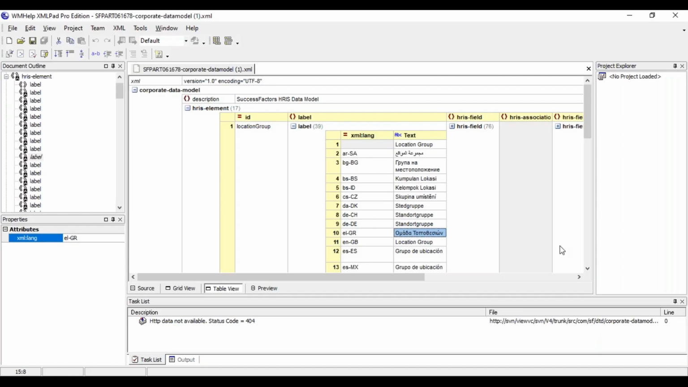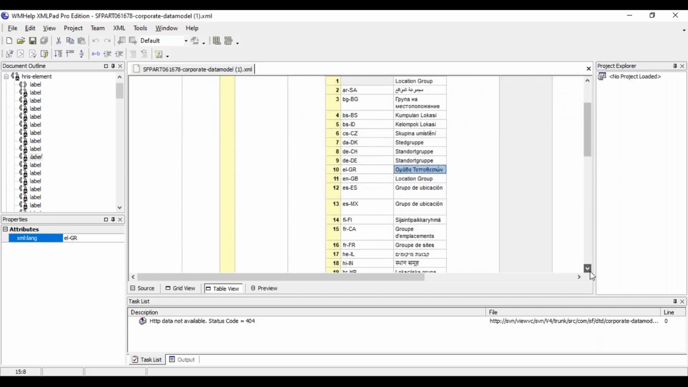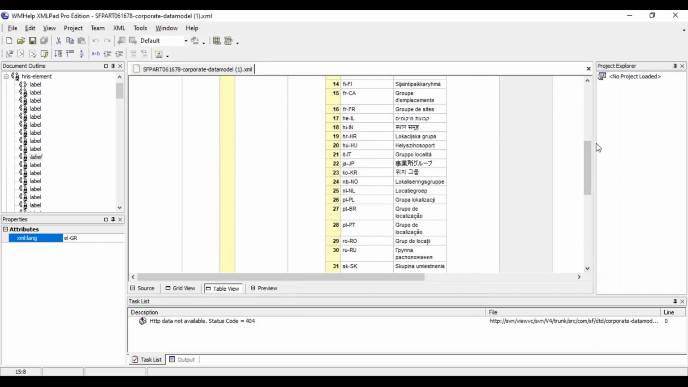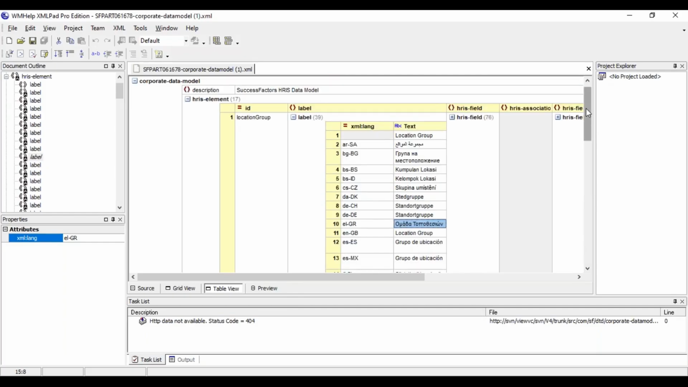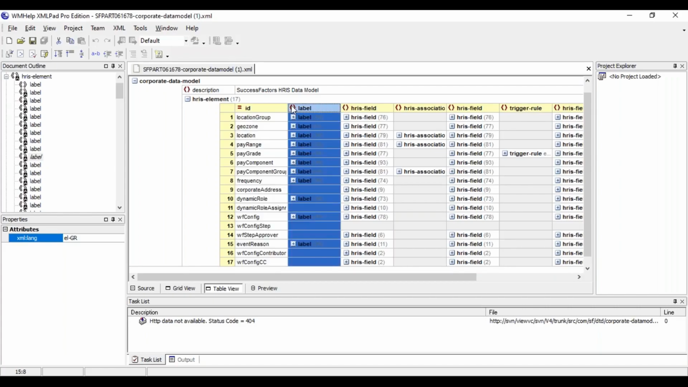So all of these things, like you have the location group object name maintained in 13 different languages. So users with these languages can see foundation objects in their own language. For every object, be it location group, pay grade, pay range, location, all of these objects, the labels are defined. IDs and labels. Now, if your customer says, I want to change, or I want to see the location group